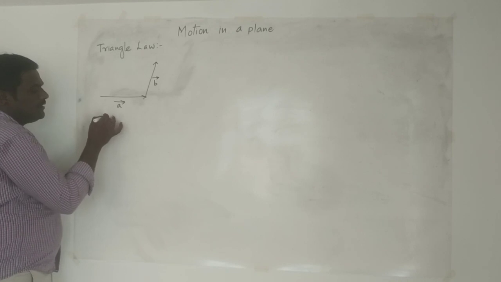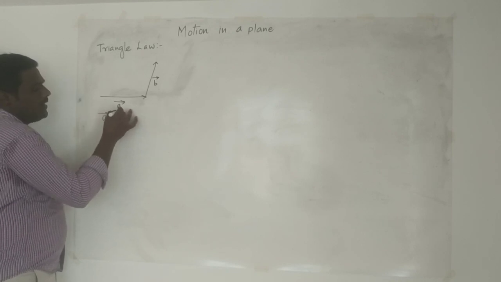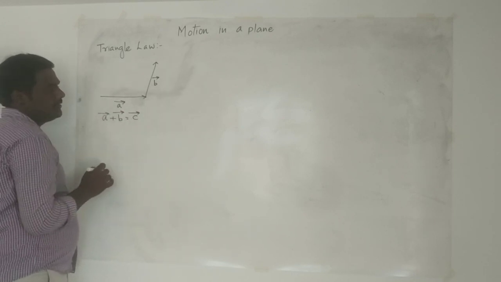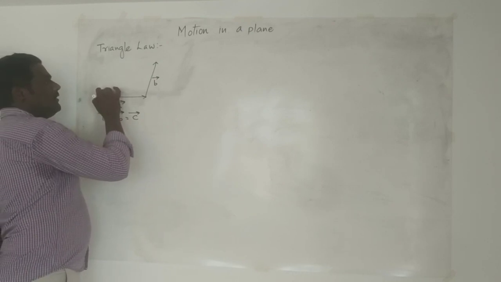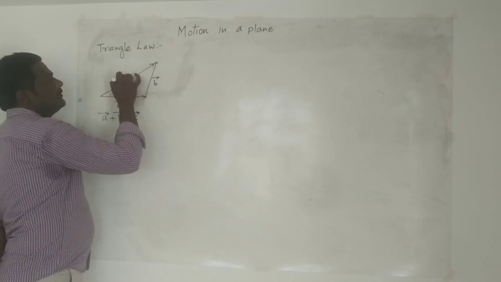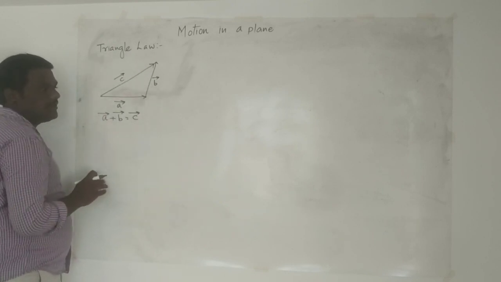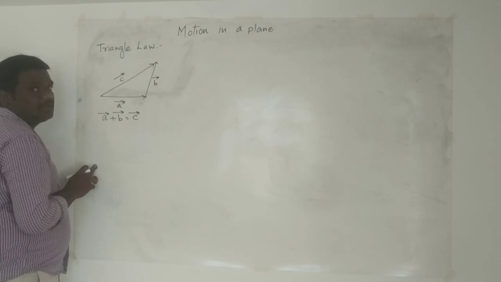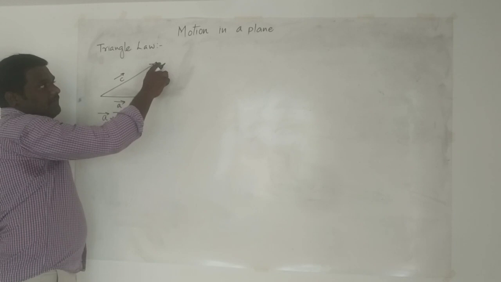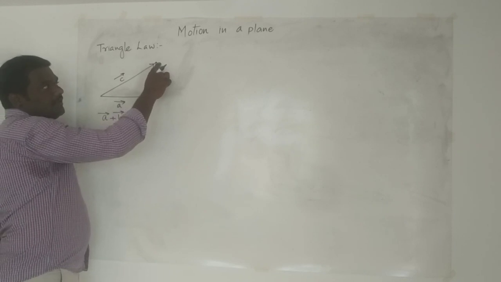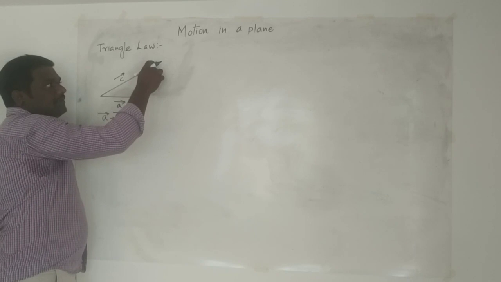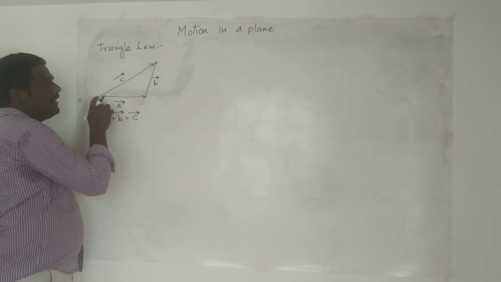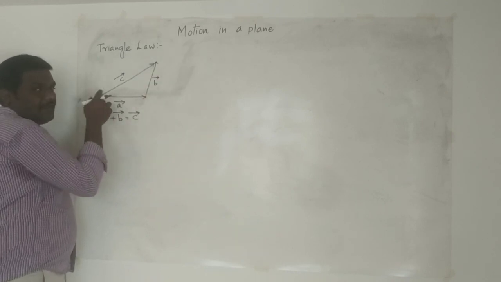So here I write, assume A bar plus B bar are the two vectors taken, and I am going to add them; assume the answer is C bar. Now the C bar I will draw as the closing side so that I can construct one triangle, but this closing side should be taken in reverse order. How reverse order? See, B bar is the second vector, where its head ended here. As per the rule, from here the third vector should start in order. In order in the sense, C bar's tail should be here and head should be here. But I take it in reverse order.